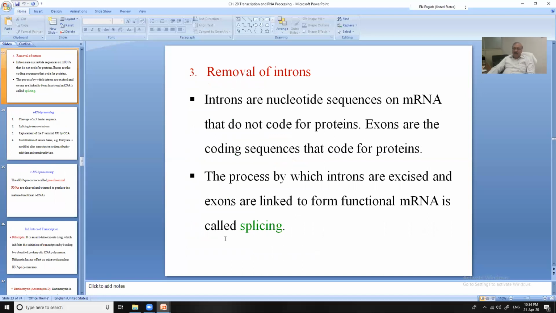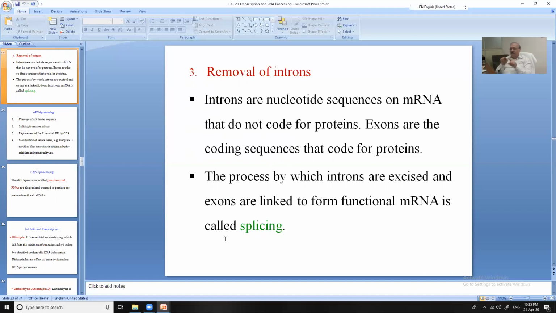Introns, you know what is an intron? You will find a long chain of RNA molecule, but you will find many non-translatable sequences. They are introns. So what we need is that introns should be removed. Once introns are removed, you will have a comparatively smaller length of RNA, but that is activated messenger RNA. So these introns should be removed, and only the exons should be there. Introns are useless. They are non-coding sequences.